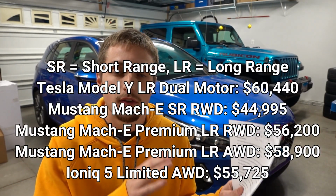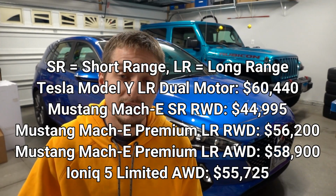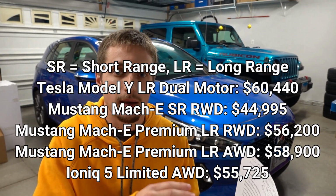So the last thing I want to cover really quickly here is some of the competitors' pricing. Now, I looked up the Tesla Model Y and the Mustang Mach-E just for reference, because those two come to mind in terms of the competition of the IONIQ 5. So as you can see, the IONIQ 5 comes in thousands of dollars less than the competition, even in its